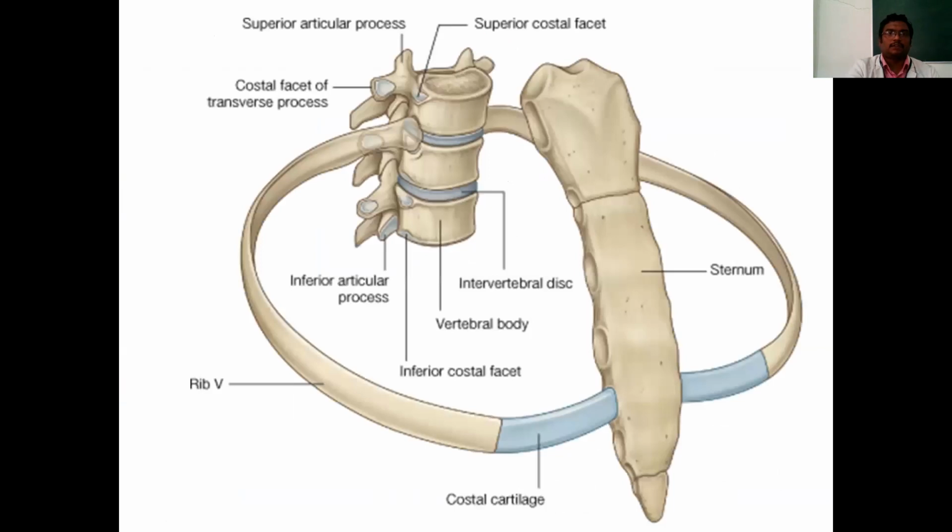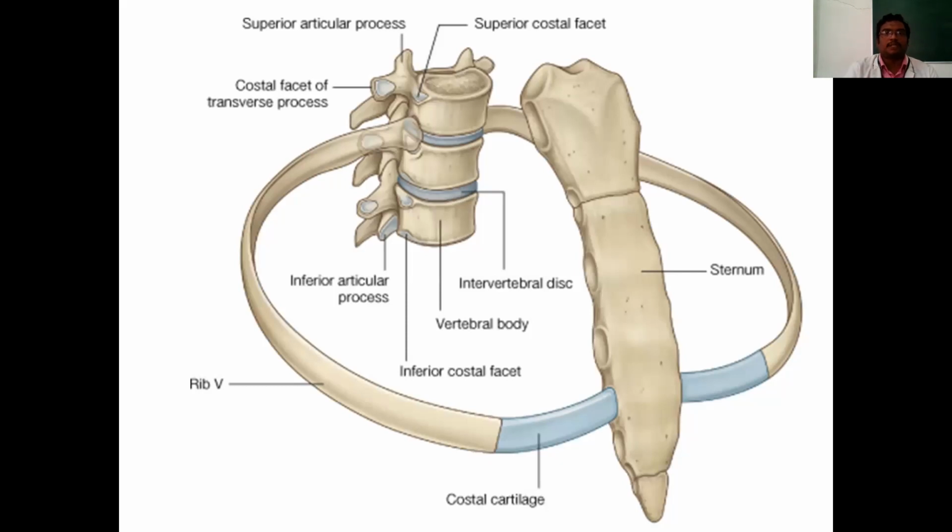So, introduction to thorax. This is the class we are going to see today, and then we will be seeing the intercostal spaces. As you see the boundaries of the thorax, what are the structures that form the boundaries? Anteriorly you will have the sternum, posteriorly the vertebrae, and on the lateral aspect you will get the ribs.